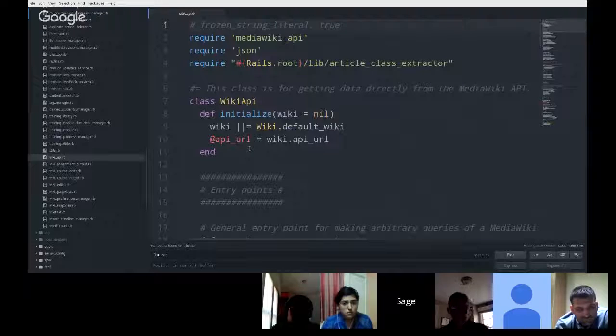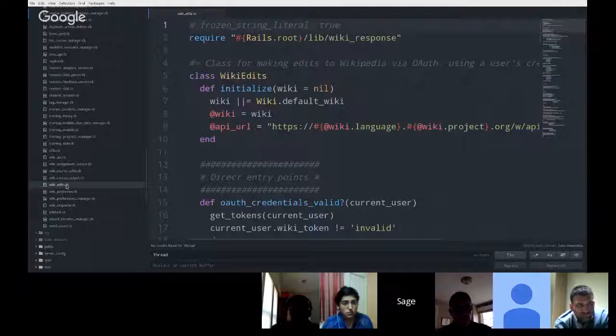Some for just talking to the Wikipedia API and getting information out of it, and some for talking with it through OAuth and putting information into Wikipedia, and then interacting with some other wikis as well. So there's the conventional API and data pipelines that rely on this. And closely related to that